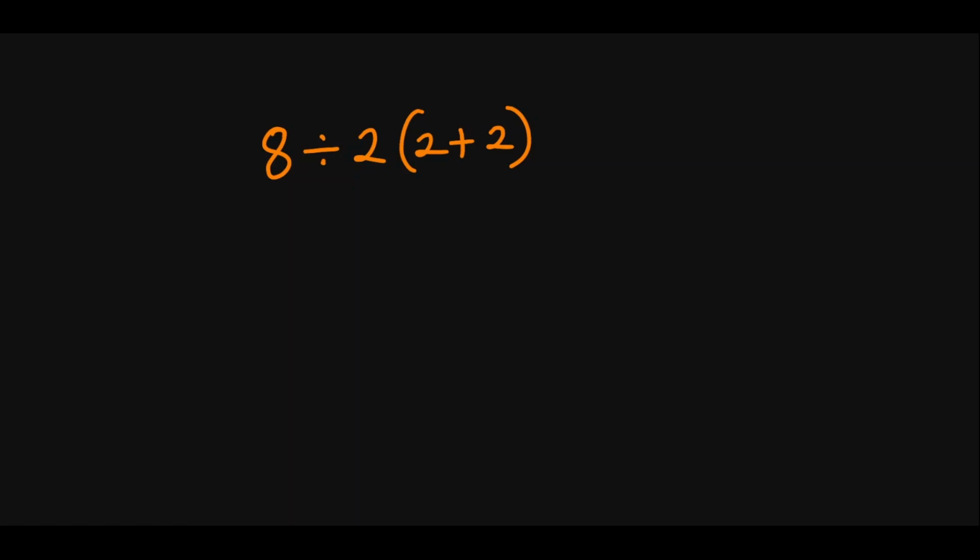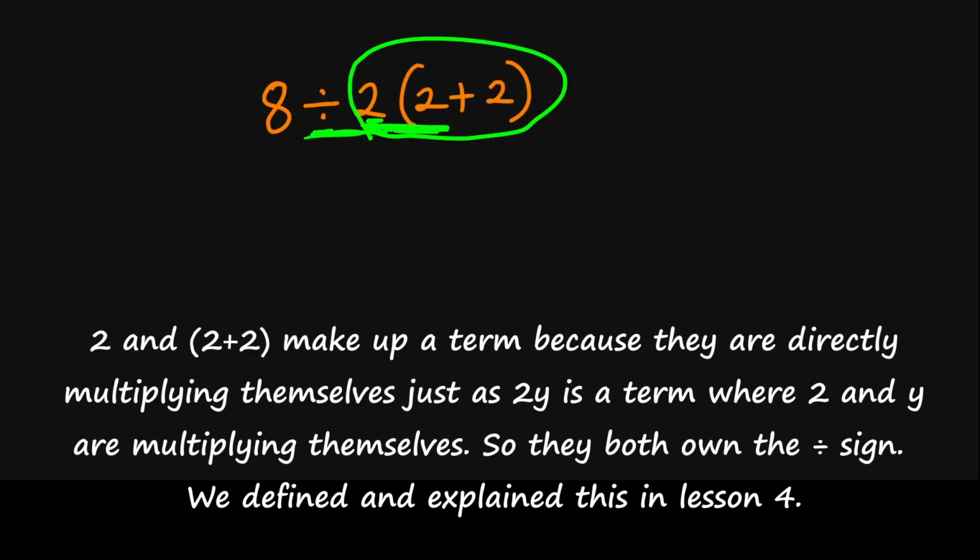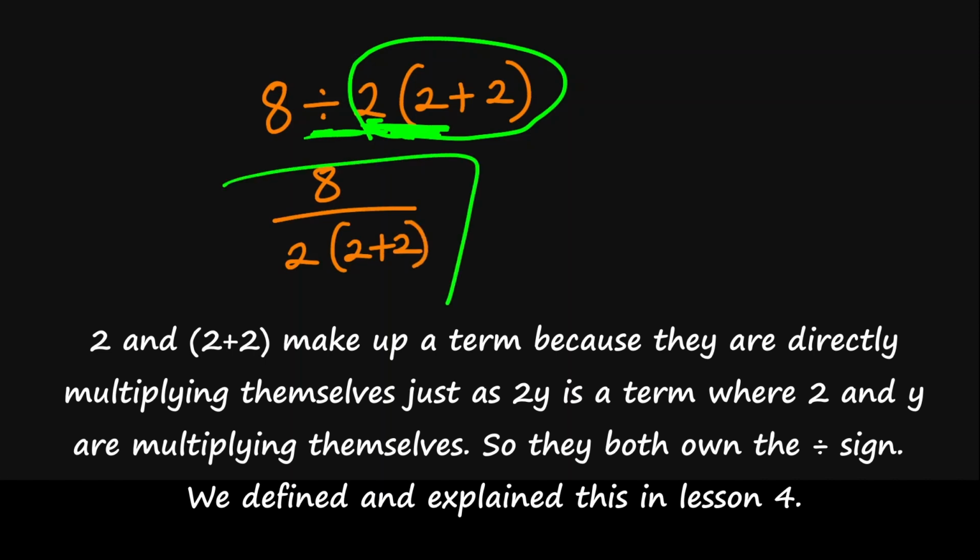Now, one final warning and clarification before we end the lesson. Look at this expression on your screen. Based on what we've talked about, this divided by should go below this way to give us 8 times 1 over 2 into 2 plus 2. Now, the problem with this question is that it is not clear if the division sign belongs to just the 2 or this entire thing. But based on mathematics, we know that anything with the brackets goes together. So the typical assumption should be that it is 8 divided by 2 into 2 plus 2. But this would have been avoided if the question was written this way in the first place.